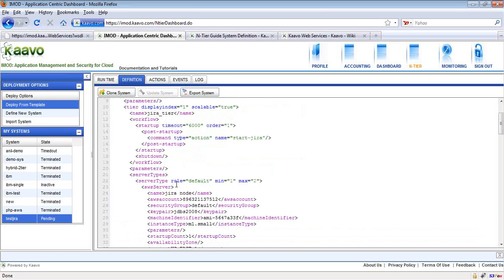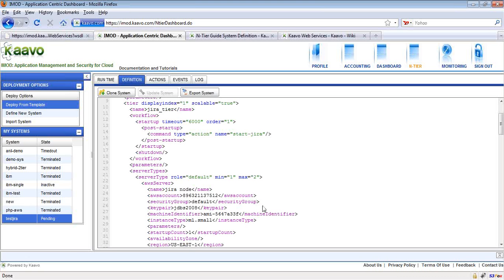As this is an Amazon EC2 example, we have to specify our Amazon account for provisioning servers, and also have to specify details of the server that we are going to provision there, like the image from which the instance has to be provisioned, the instance type, the security group, and a lot of other things.